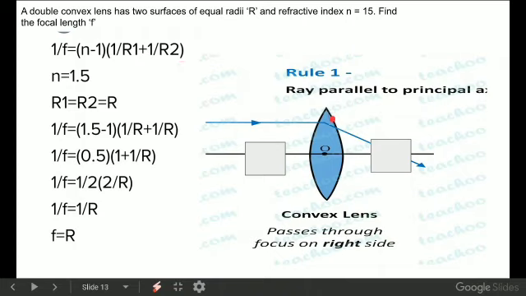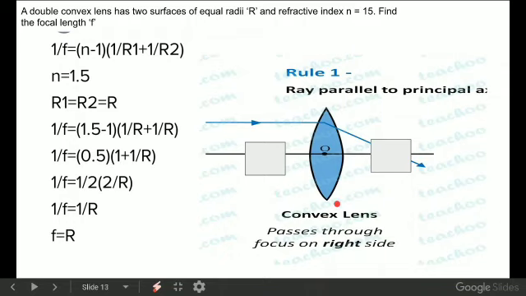See here, this left side curved surface is R1 and the right side curved surface is R2. R1 is nothing but the distance from the optic center to the first focus, and R2 is nothing but the distance from the optic center to the second focus. In case of lenses, I told you that on the right side the first focus lies and on the left side the second focus lies. So here R1 is the distance from the optic center to F1, along the direction of the light, that is left to right, and we have taken the direction of the light left to right, so we should take R1 positive.